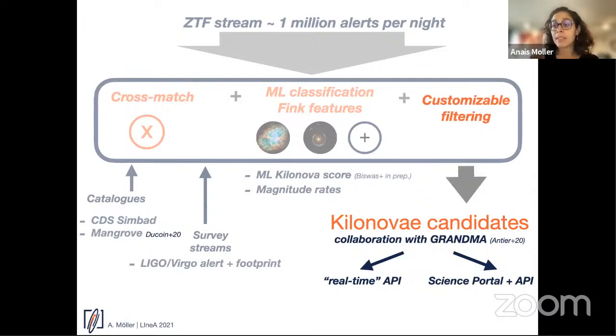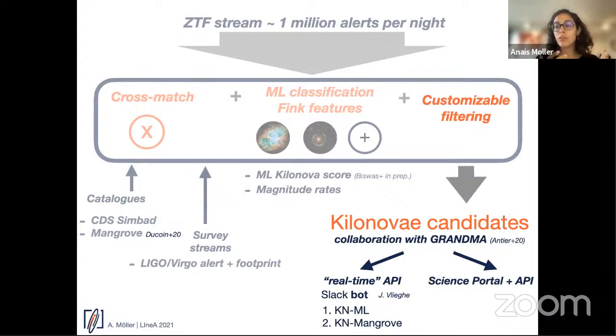And you can actually access that information right now from our science portal. So what they wanted was not a Kafka stream, which could be one of the alternatives that we have to communicate this reduced stream, but we created a Slack bot. Basically, they have a Slack channel where they receive the information from the possible kilonova candidates.